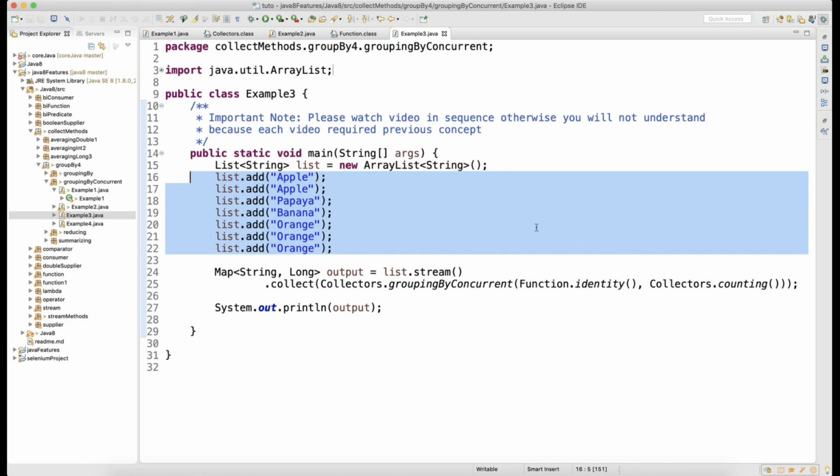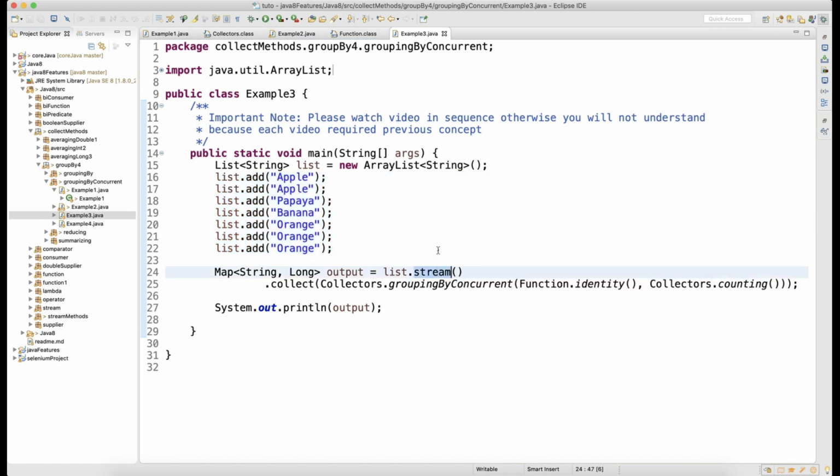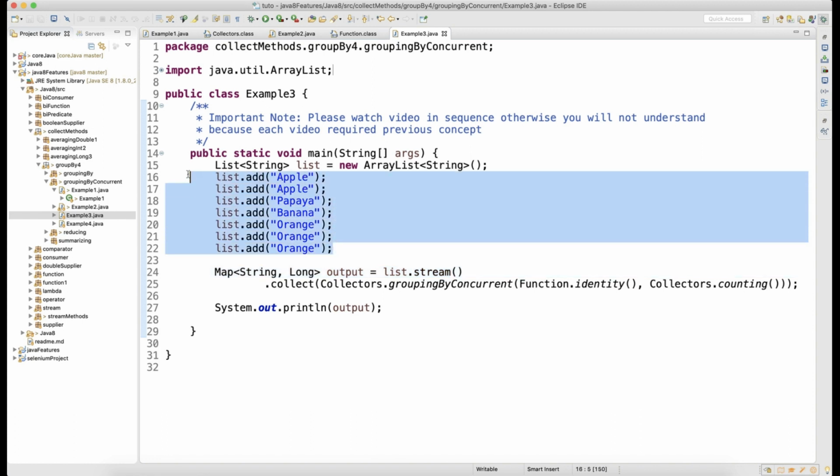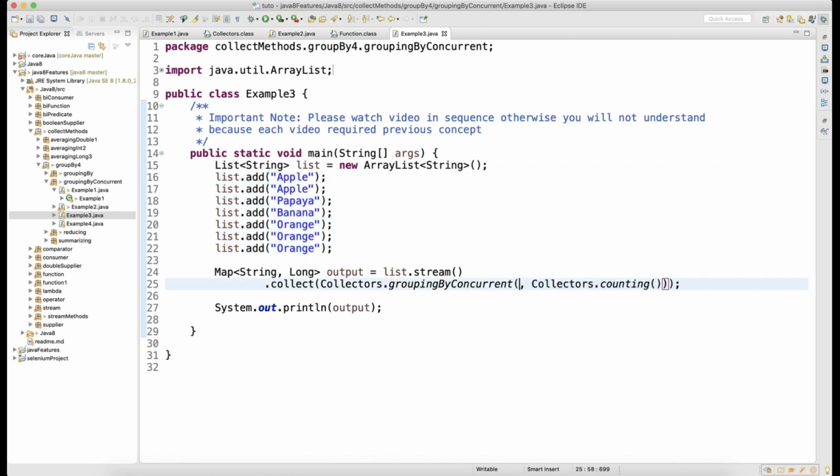Identity is nothing but your string. So when you say Functions.identity, it will return the string, because your stream is running on a list of strings, right? So what is the identity of this function? It is going to be the string. When you say Functions.identity, by default it is going to be the string itself. Either you write it like this or you write a function like this, x maps to x, whatever string comes maps to the same string and returns me the string.